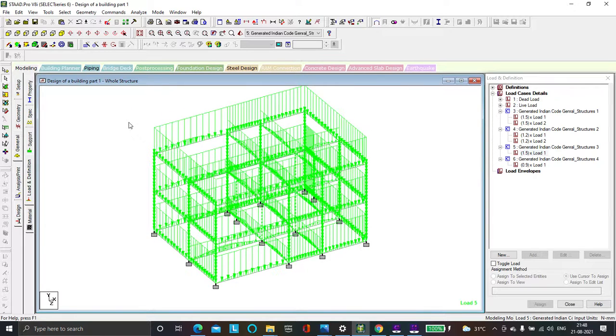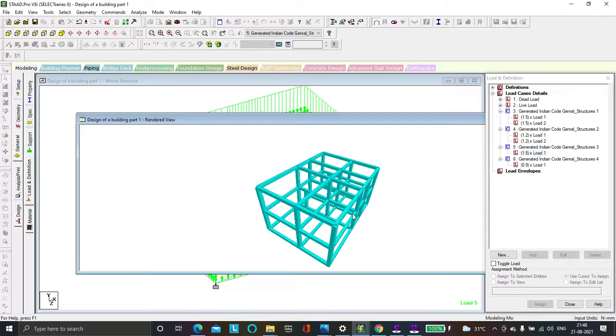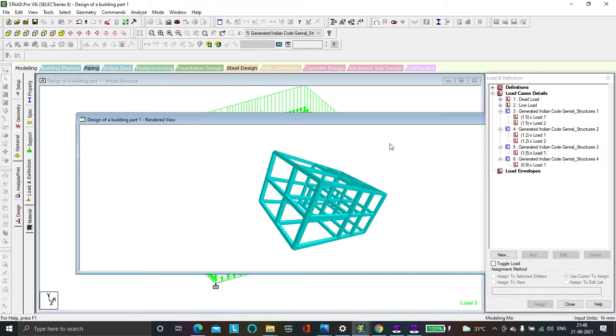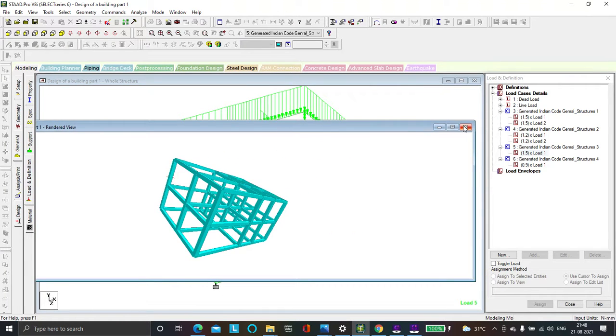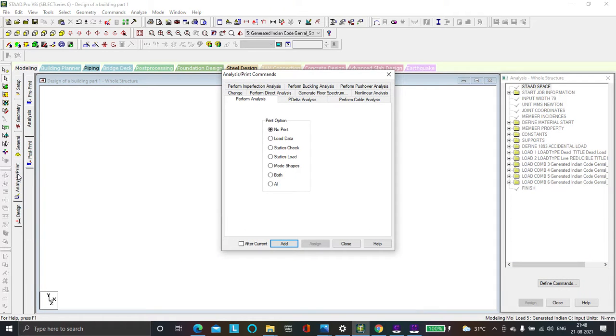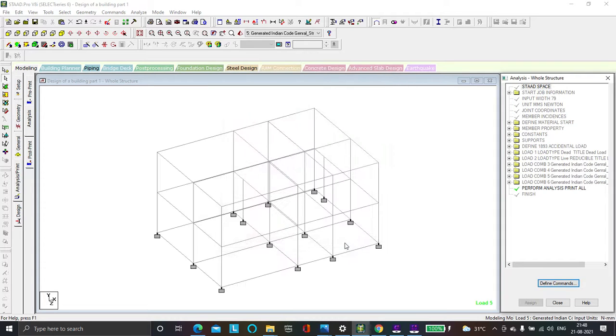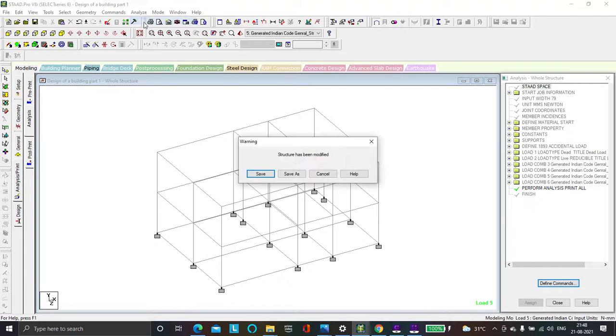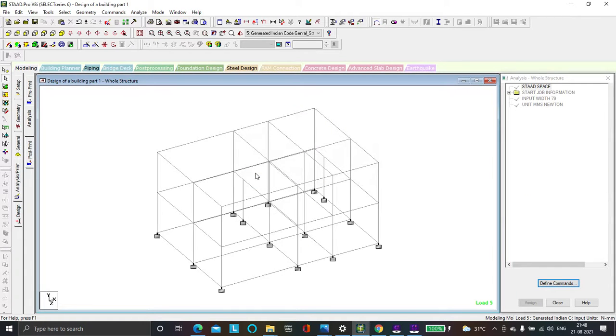So our next stage now is to first let us see one more time the 3D render. So this is how our building will look like. So let us now close this. So let us go to analysis and print. Now here we're going to perform analysis and we're going to include all of these in our report. We add, then close. When we do that, we're going to go to analyze, run analysis, save, and then we